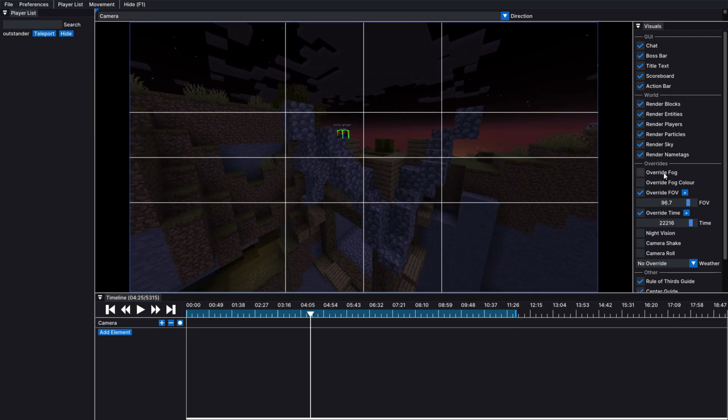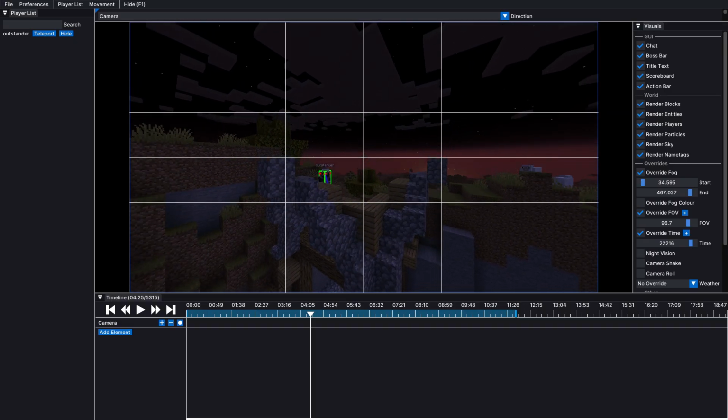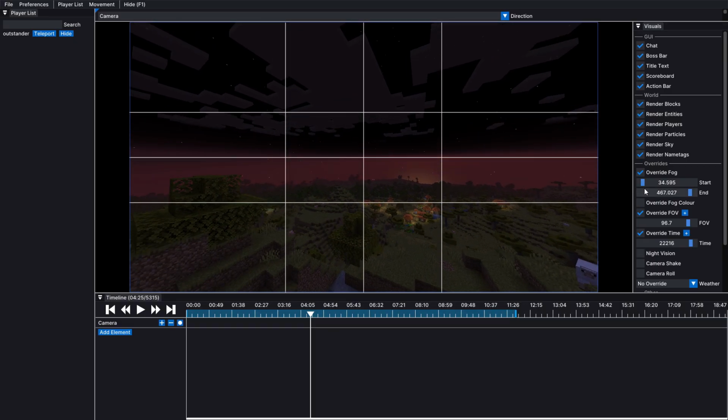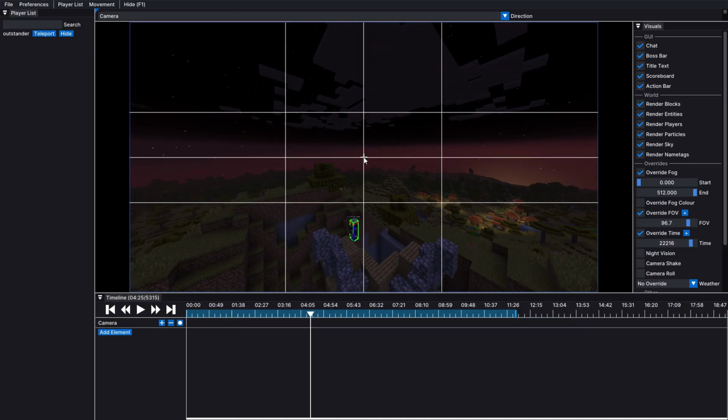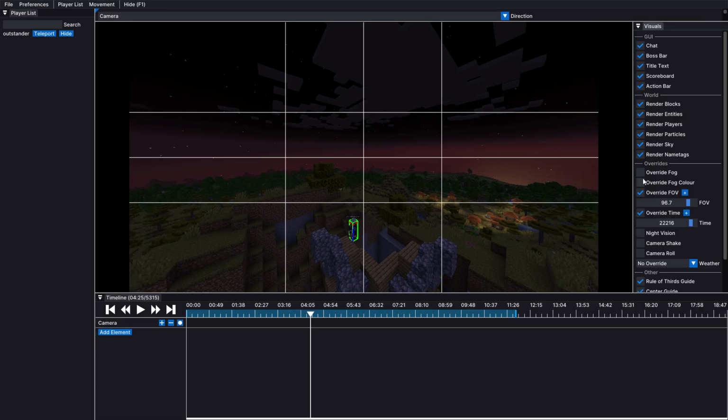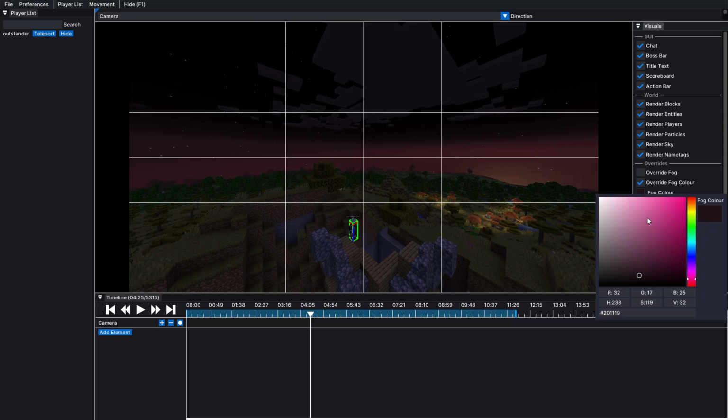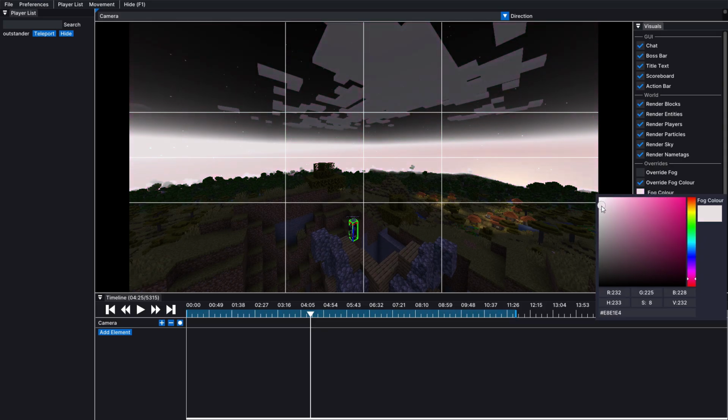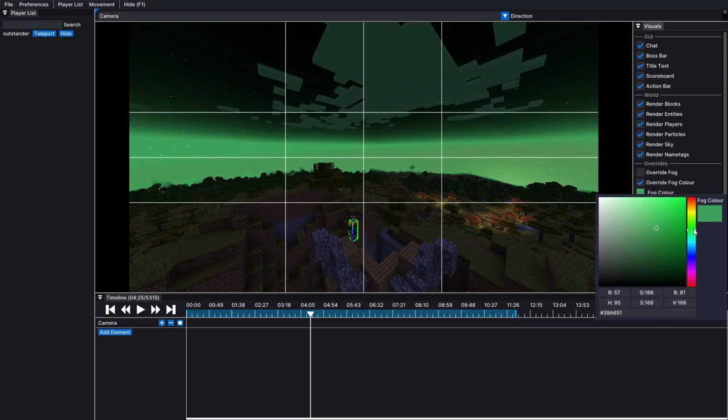And then we have override fog. If you turn it on, as you can see on the horizon, we can play with the start of the fog. We can make it sharp. We can make it kind of foggy or even blurry. And also the end, you can play with it, and you have a decent result if you play with these for your specific scene. I'm gonna turn it off, and then we can also override fog color. You can change how it looks, so you can put it on maybe purple or even green